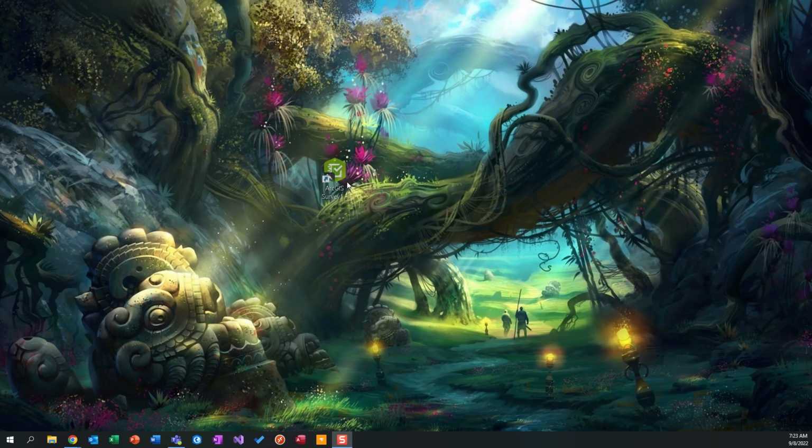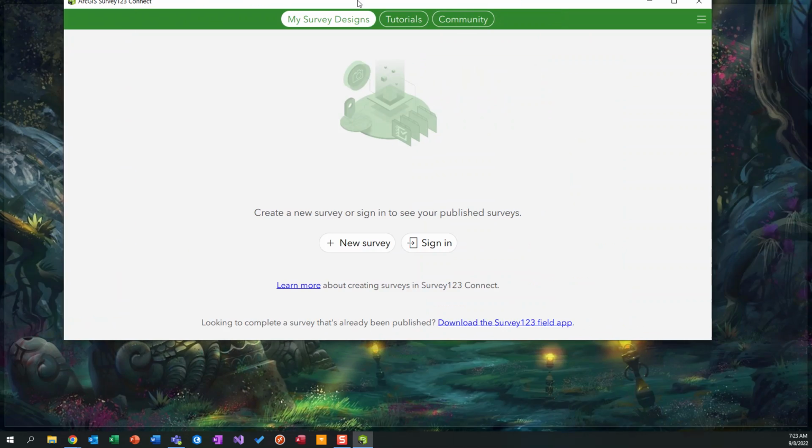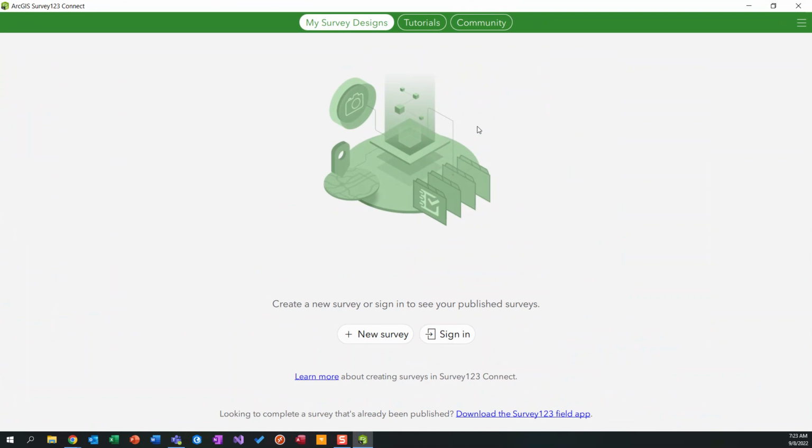So what you'll get on your desktop, or if you didn't make the desktop shortcut in your applications, is the ArcGIS Survey123 Connect Hexagon application tool. So what you'll do is you'll double click this and go ahead and let it load. And this loaded on the other screen, so let's drag this over. So this is what you're going to get right here,